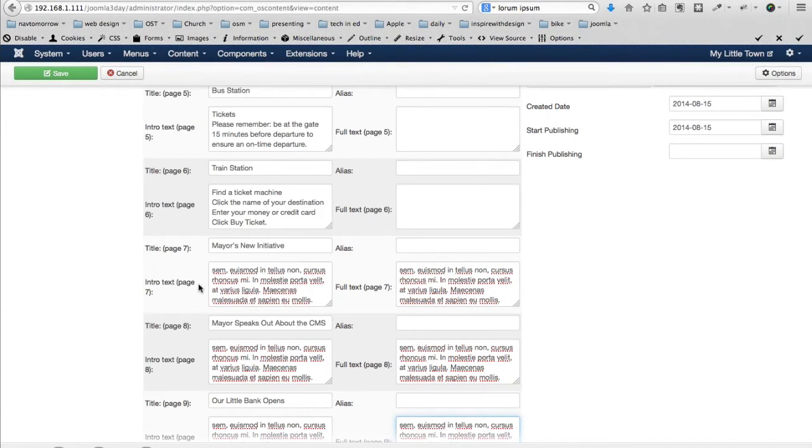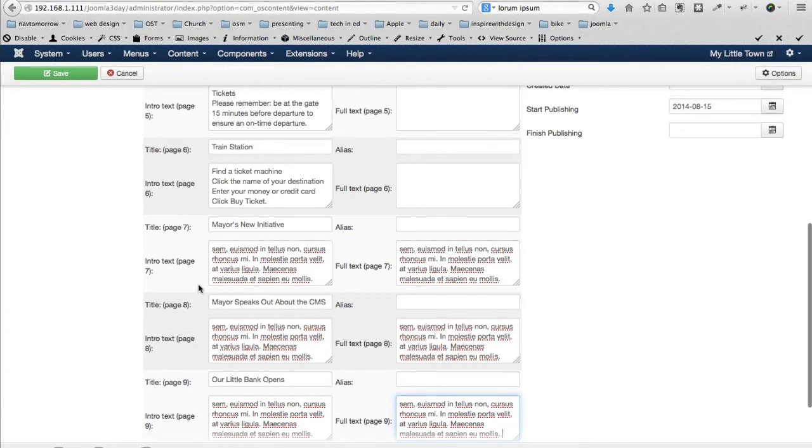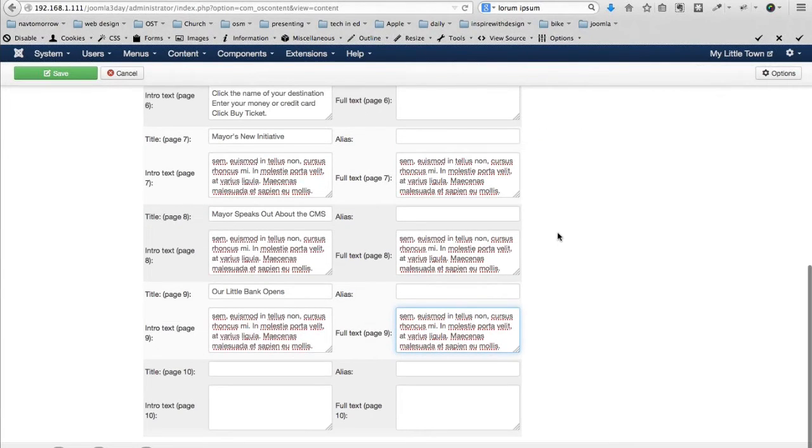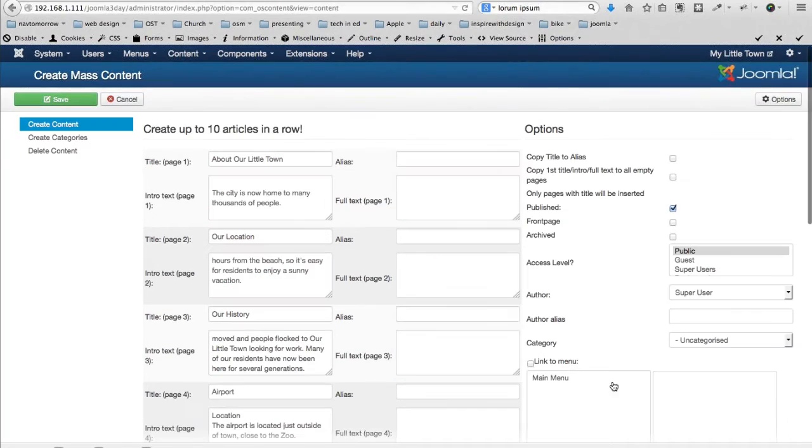So I can create up to 10 articles at a time. And unfortunately, I can't actually put them in different categories, but that's all right. I'm just going to leave them in the uncategorized category. They're going to be published by default. I'll leave that because this is still just a fake site. I could copy the title to the alias, but Joomla will do that for me. And I can set up the author from here for all of these articles. When I click Save,